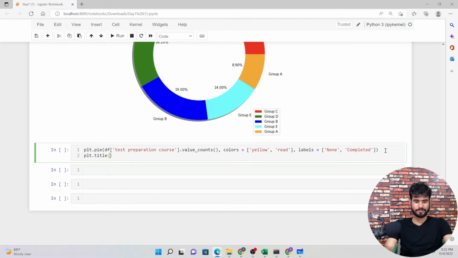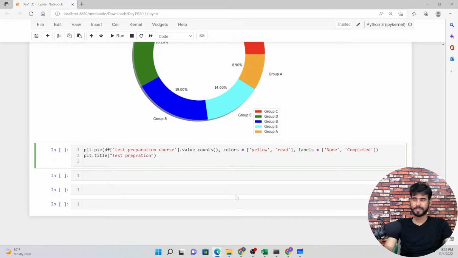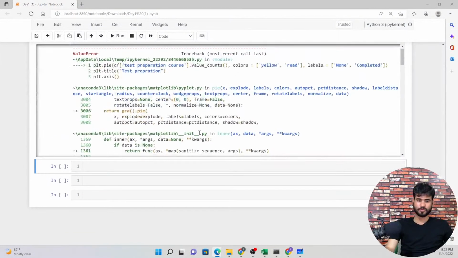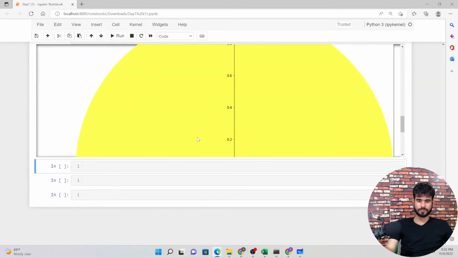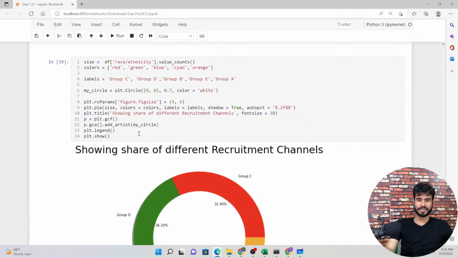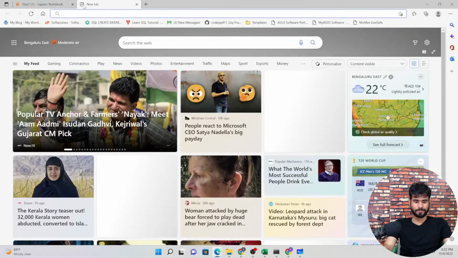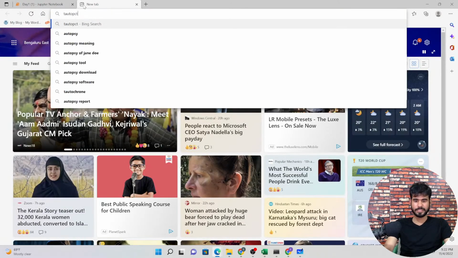So title, test preparation, and then we can plot plt dot axis, and then plt dot show. Okay, this is the graph that we are getting, but what I'm going to define first is auto pct.